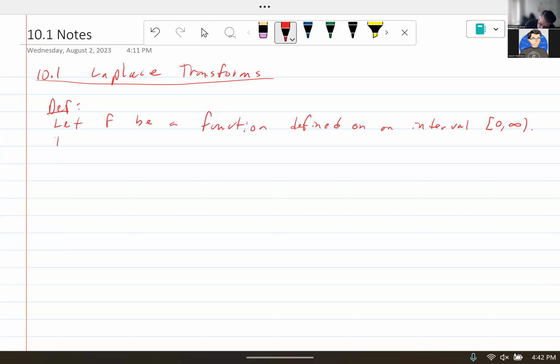The Laplace transform of f is the function F of s defined by